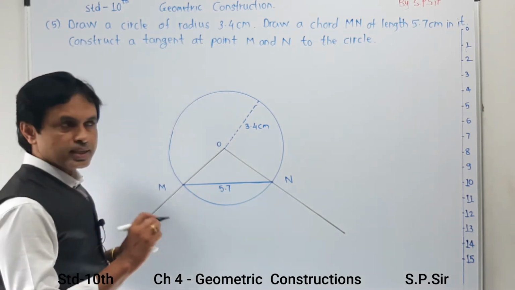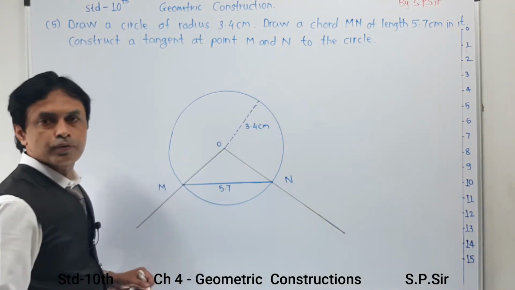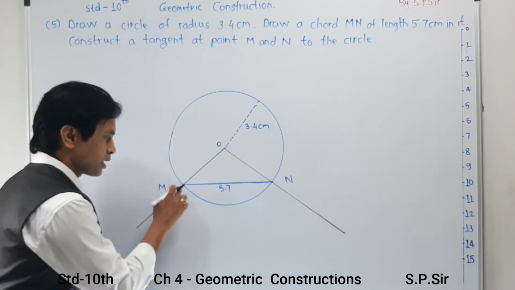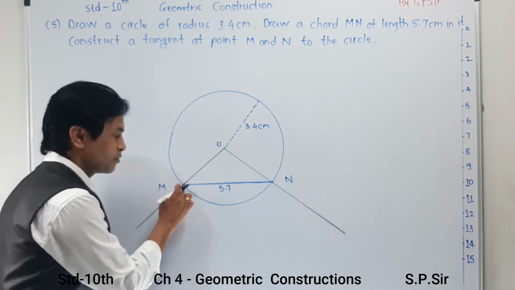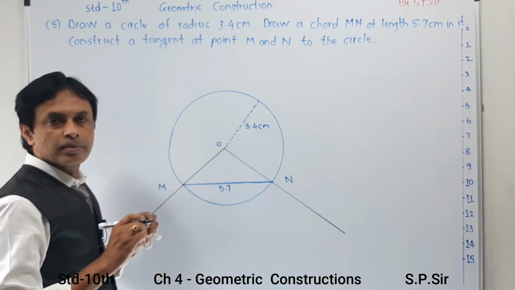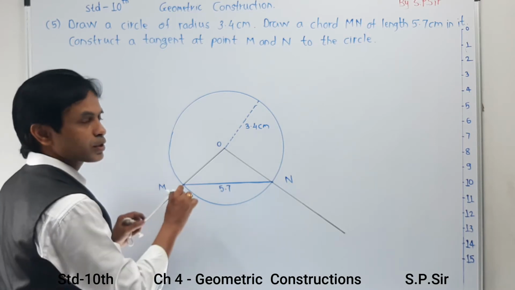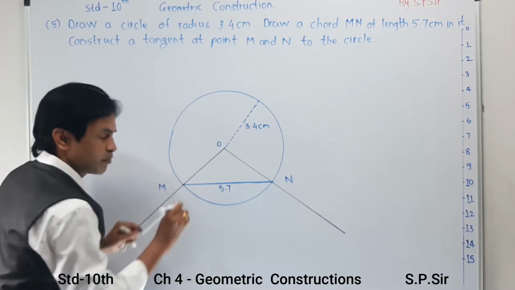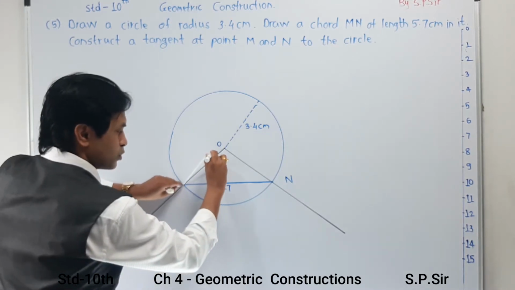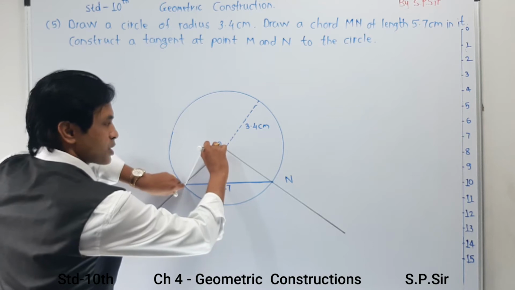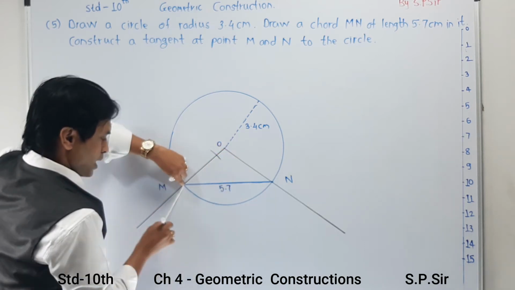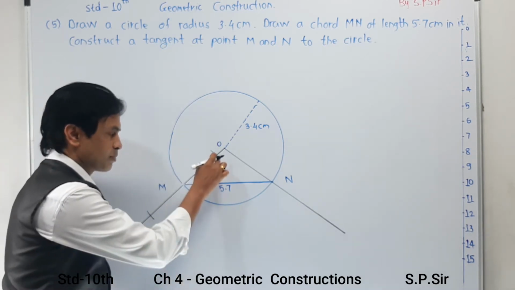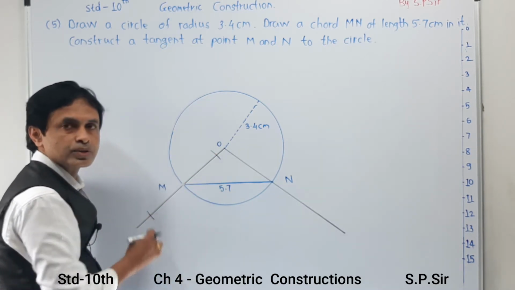In the compass, take a distance, but your radius of the circle is 3.4 centimeter, so generally keep a distance less than 3.4 centimeter. Now M will act as the center. Keep any random distance less than 3.4 centimeter, and you have to make two marks. Remember, here M acts as the center, and you have to make two marks from this. One is towards O and the second is away from the circle. In this way you can see that one mark becomes inside and the second mark becomes outside.